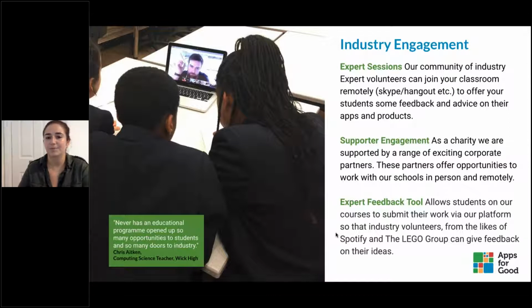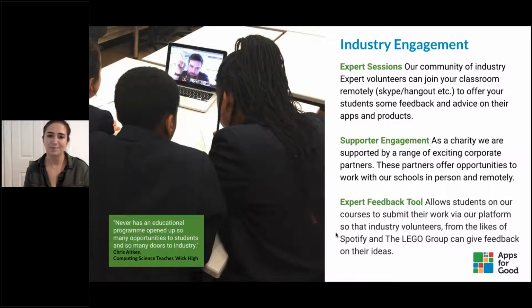So again, we might be working with, for example, Spotify on a number of sessions. So we would have volunteers from Spotify come to the school with us and work with the students for the whole day. So really nice opportunity, again, to give them some real insight into industry and some valuable feedback from an industry perspective, but also an opportunity to really learn more about the career opportunities and see that full range of careers and why digital and tech skills and those employability skills are so important. And that is a big thing for us.